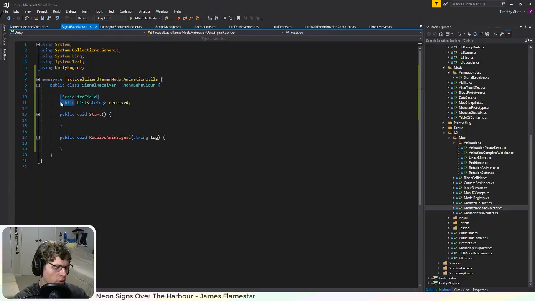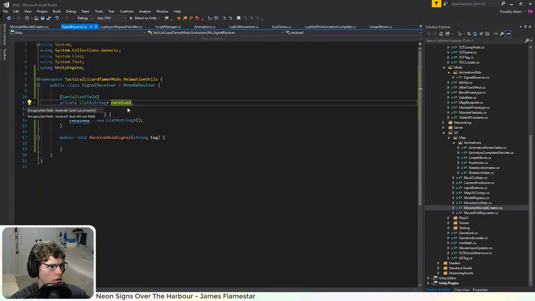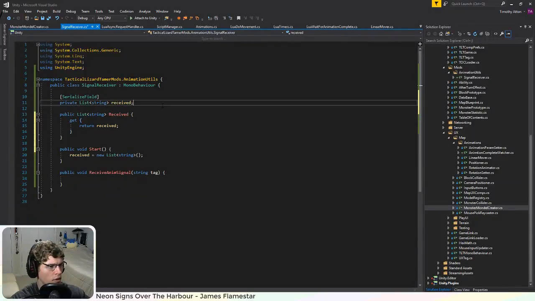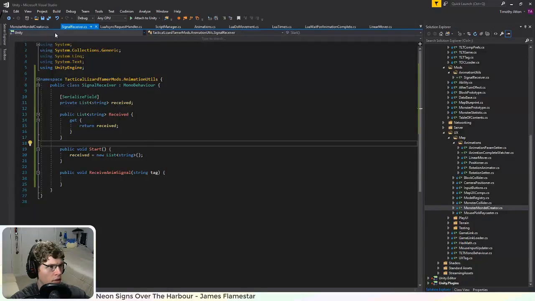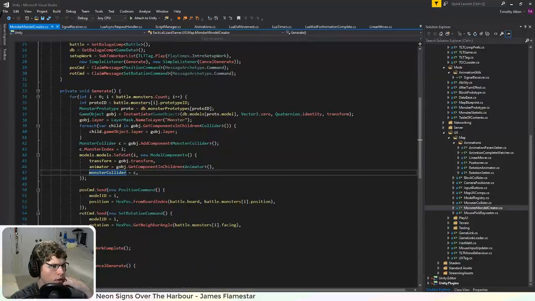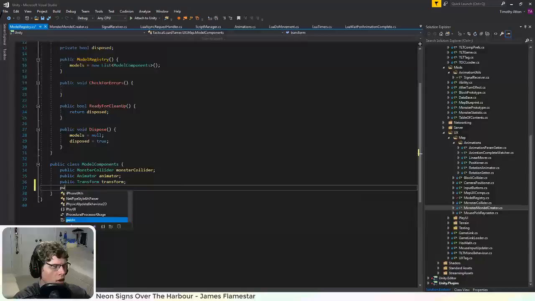Okay, this is supposed to be private. And then I guess I'll just encapsulate the field. No reason for a setter. Okay, so the model components class. Well, there's really not a reason for a model to ever need more than one of the signal receiver class, so